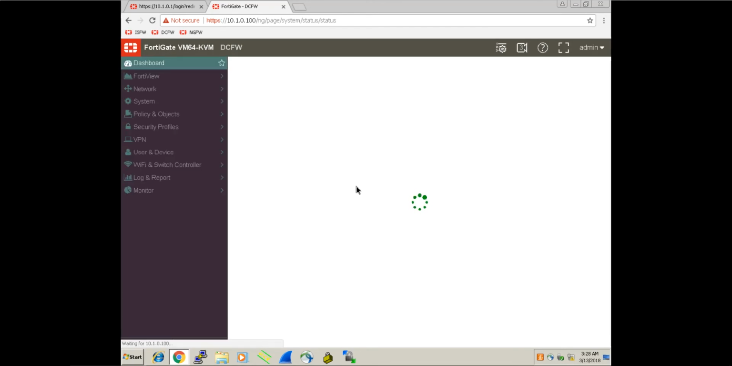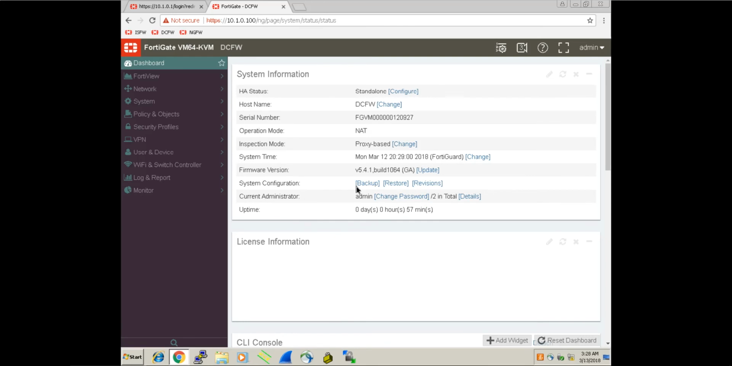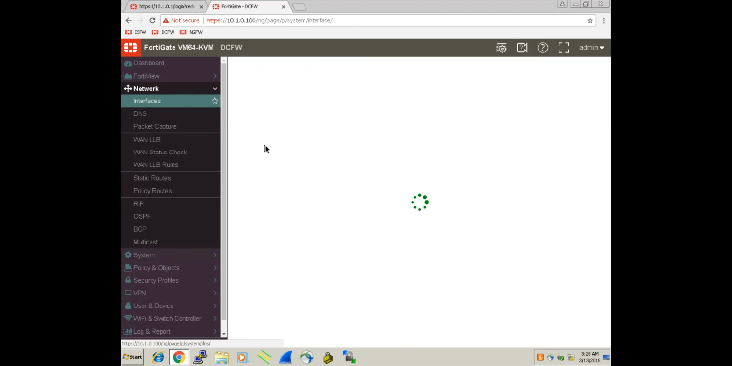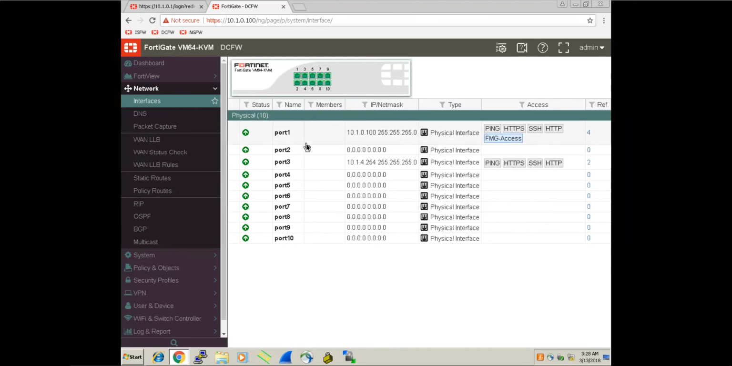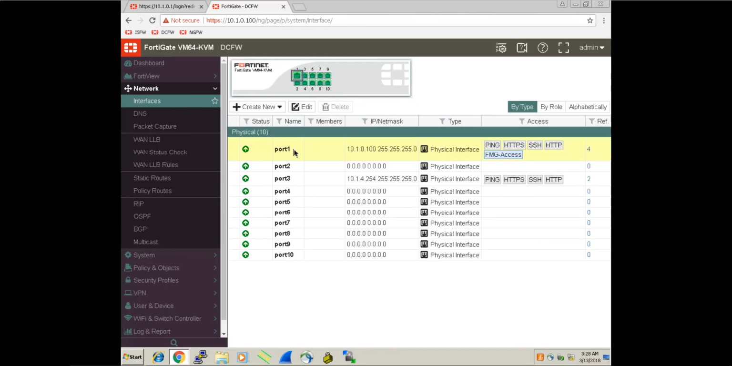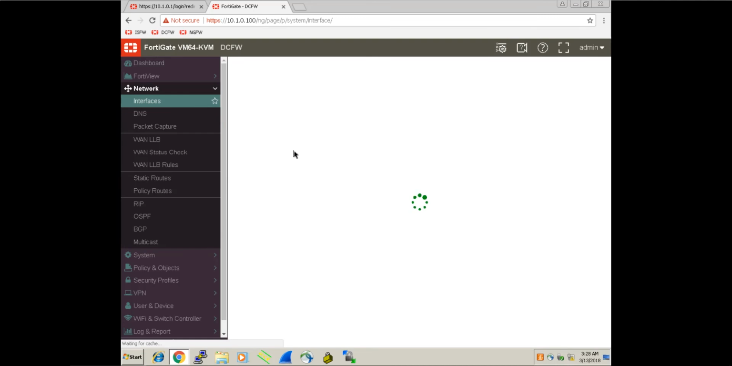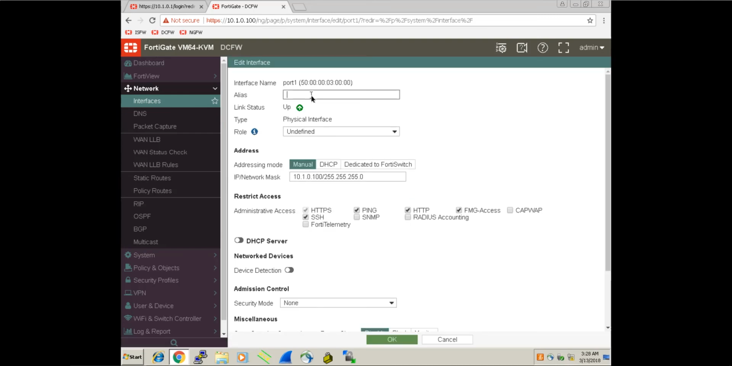Here's our data center firewall. So I'm going to go to Network, then Interfaces. Once again, drives me nuts. I'm going to change this to just say maybe "external" to let it know that's pointing towards the external